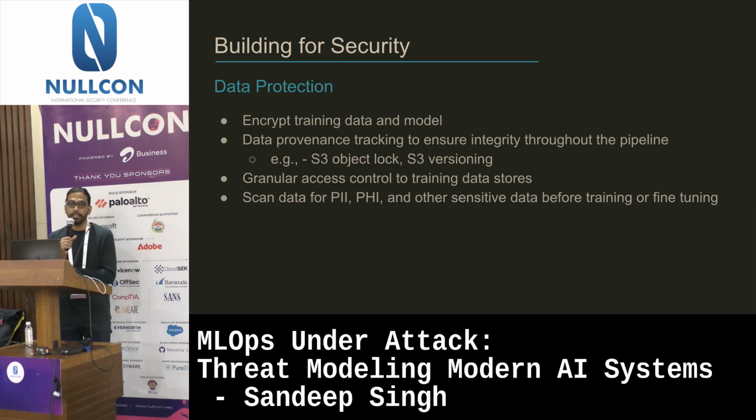And ensuring integrity. So things like if you're using AWS S3 Object Lock, first of all, modification should not be possible. And then you have things like versioning, where you can retrieve previous versions and see how many versions have been created. So provenance tracking seems to be a very useful approach in data related layers.